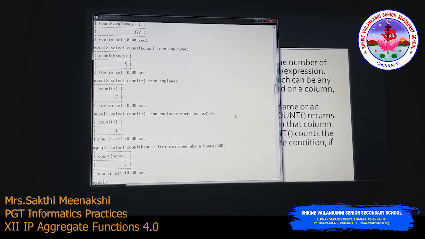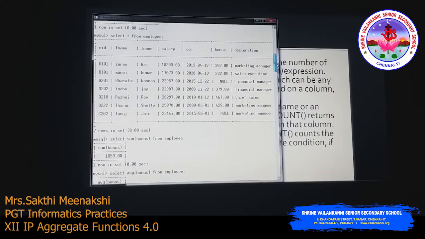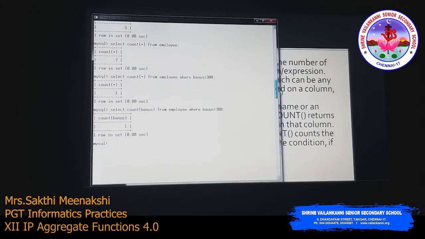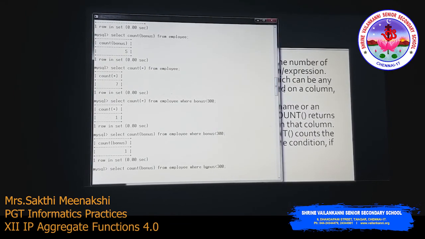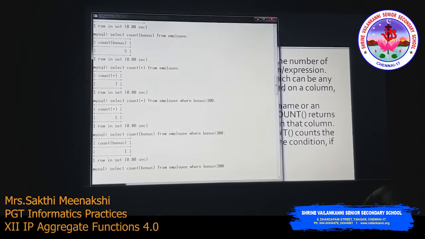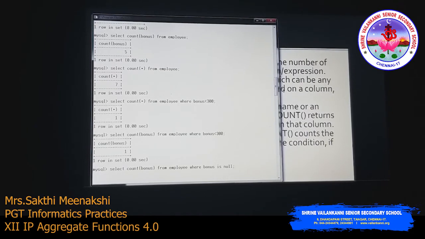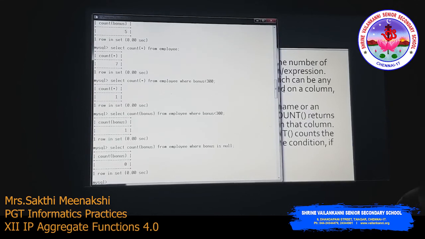Okay, so where is the difference? For example, if you want to count the number of null values in a column, in that case, if you use select count of bonus from employee where bonus is null. Is the condition correct? So we are checking the null values. This gives only 0 because the count function along with the column name will not consider the null values. The same condition, if you use it with the asterisk,